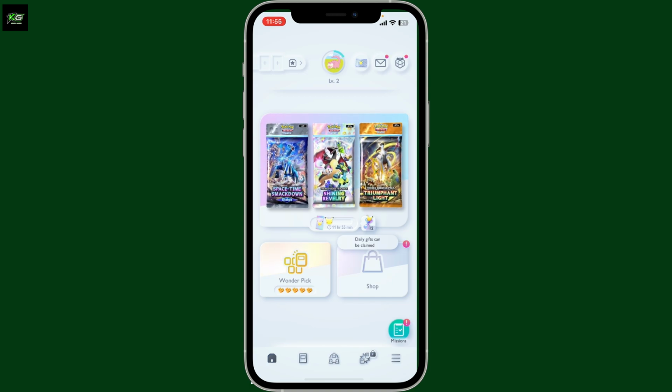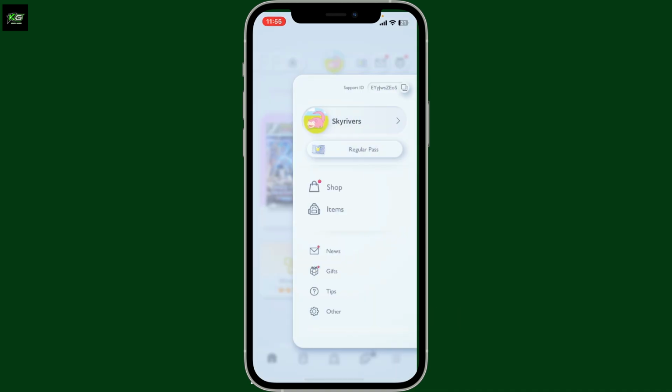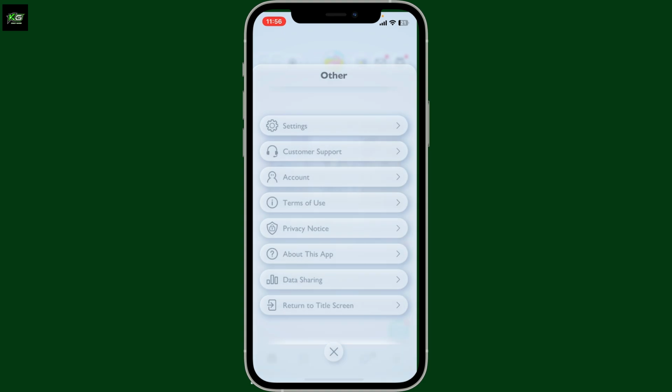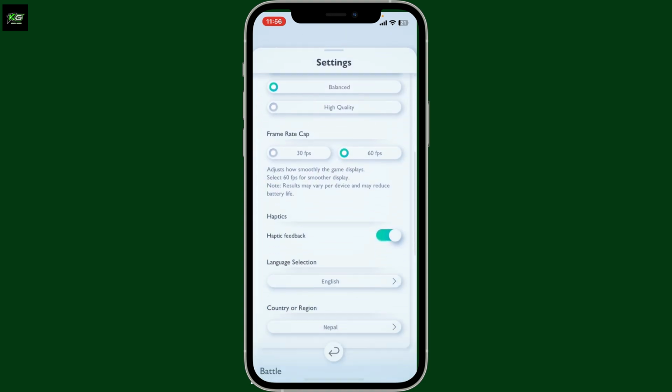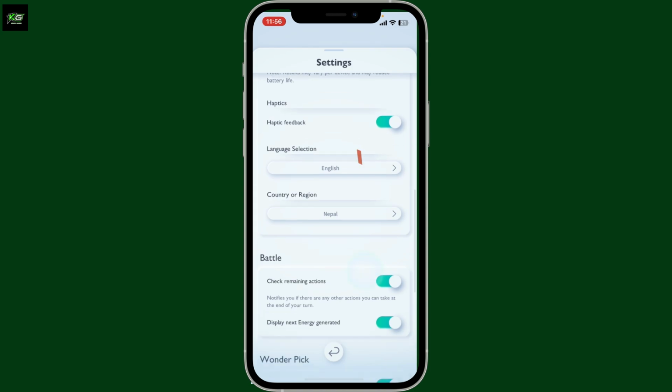After logging in from the home page, go ahead and tap on the menu button at the bottom right corner. Now, click on Other from the expanded menu. Click on Settings from the Other menu and scroll all the way down until you find the country or region